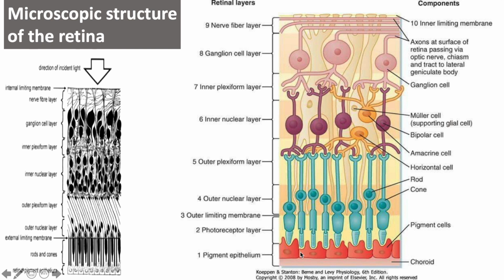So you first start off with the retinal pigment epithelium, and then you have the cones and rods, then the external limiting membrane, then the outer nuclear layer, outer plexiform, inner nuclear layer, inner plexiform. So again, from the bottom: pigment, cones and rods, external limiting membrane, outer nuclear, outer plexiform, inner nuclear, and then you have the inner plexiform, then ganglion and nerve fiber, and finally you have the internal limiting membrane. The light hits from this angle down this way, so